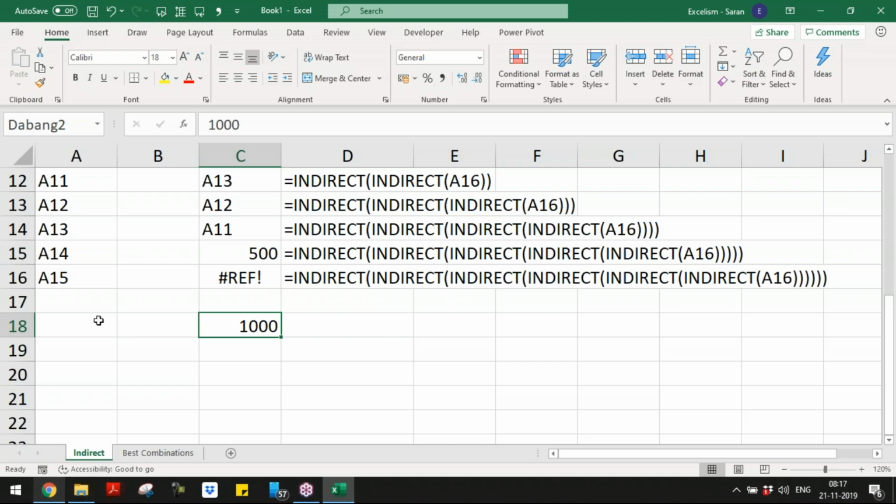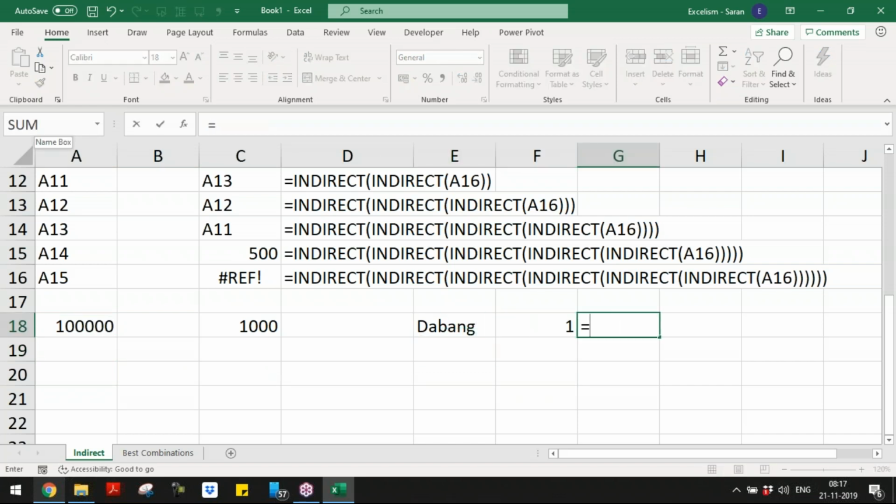And this 1 lakh I'm giving the name Dabang 1. Let's say here Dabang is there, 1 is there. If I want to join these two, what do I need to do? This ampersand, can I enter? Yes. If I put the indirect function,